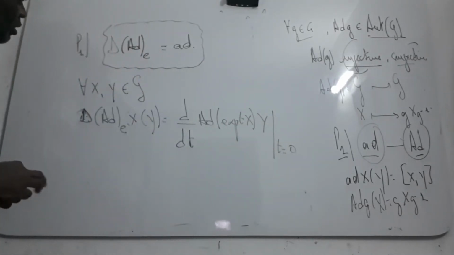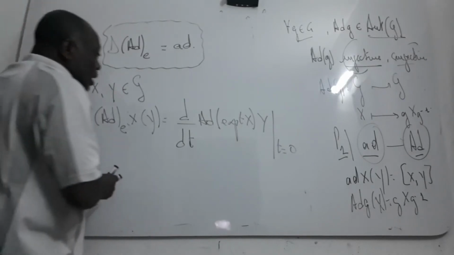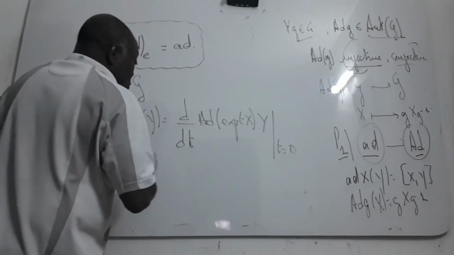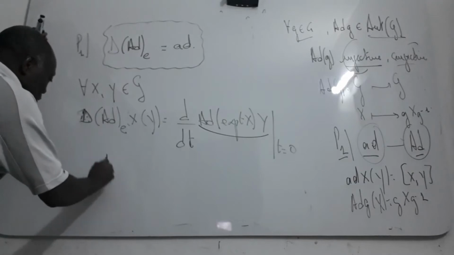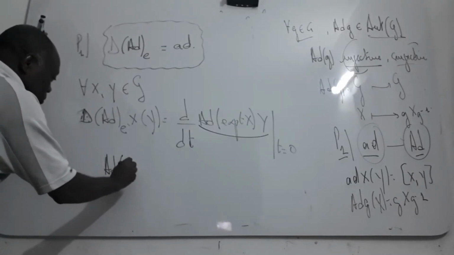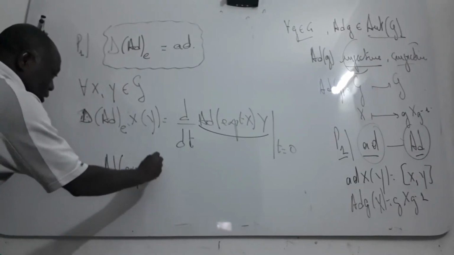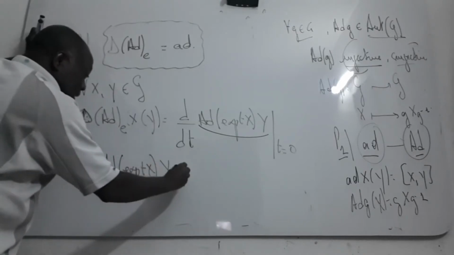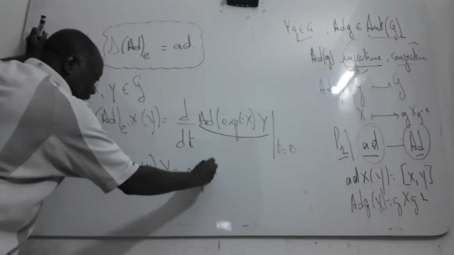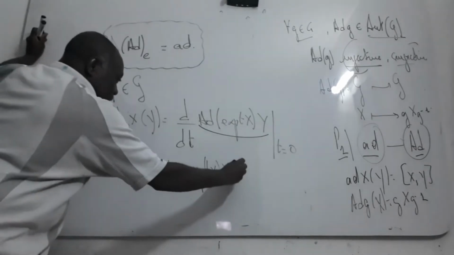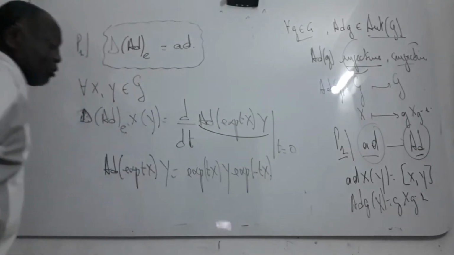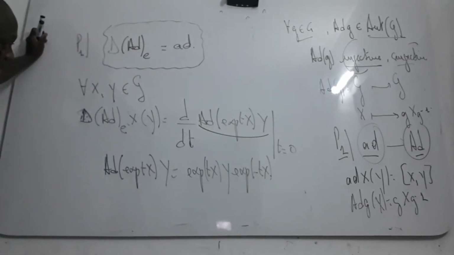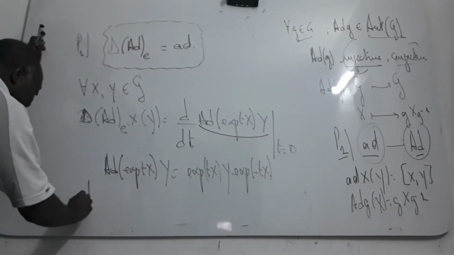Now we try to compute it and you have the result: the adjoint of the exponential tX of Y is exactly the exponential tX, Y, the exponential minus tX. Right, now when we compute the derivative